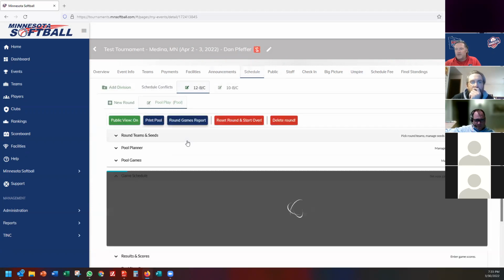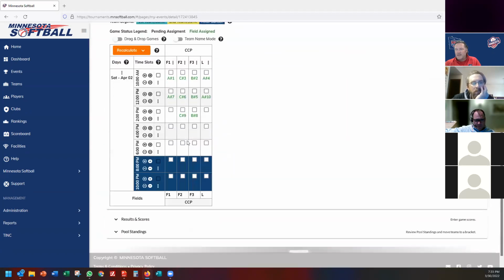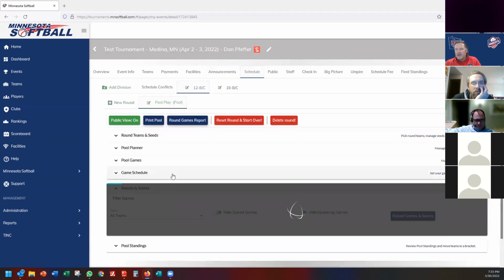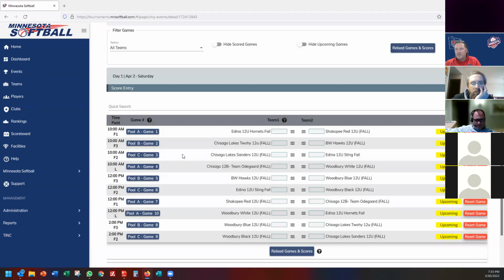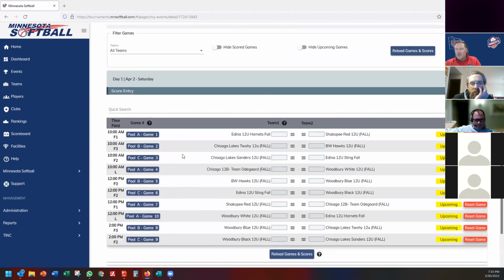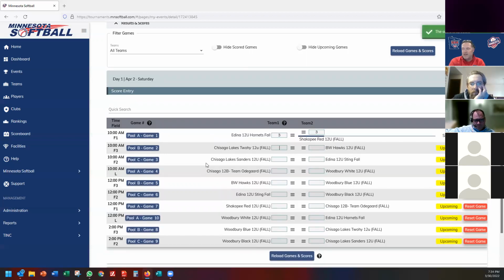Now we're in the tournament. Everyone can see it. We've got the thing scheduled, and now we want to enter scores. When you're out at the park and you're on your phone, you might not have a laptop. If you have a laptop, this is really slick to do, because all you do is start keying numbers in,